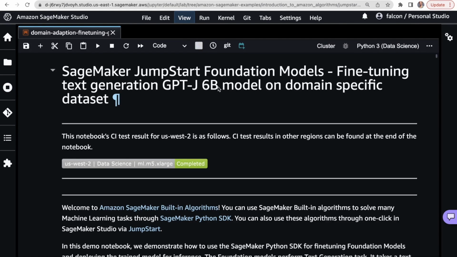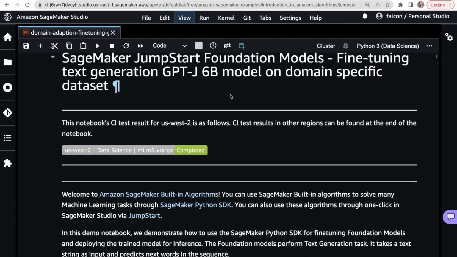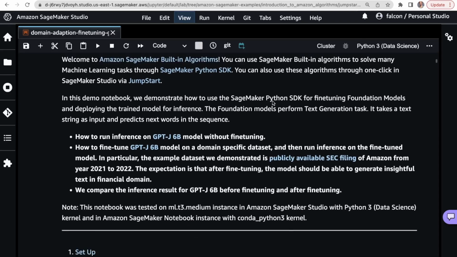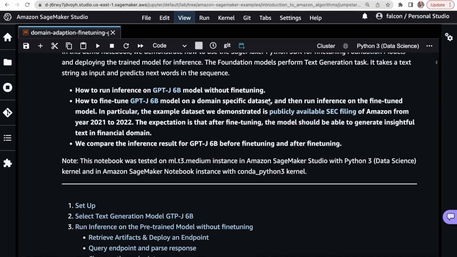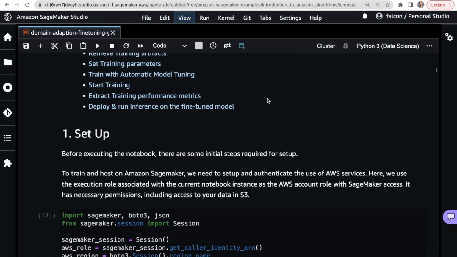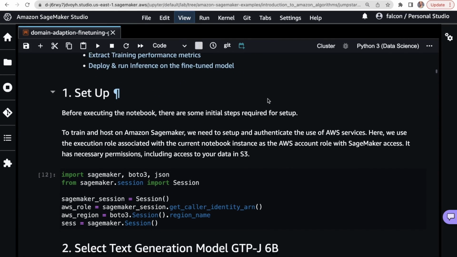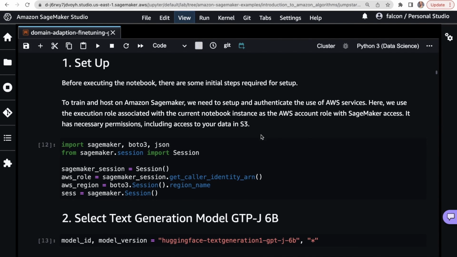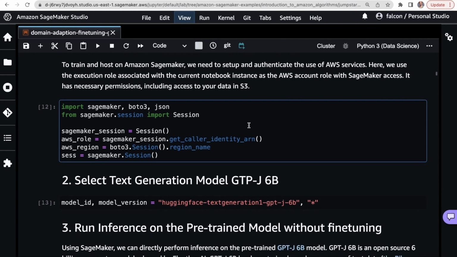So in any case, we're on Studio, and we're using our SageMaker Jumpstart as usual because all the images are pre-built and we get to interact with it very easily. Now, this notebook is nice for a couple of reasons. It has a clear before and after. And so the before is simply looking at the model.